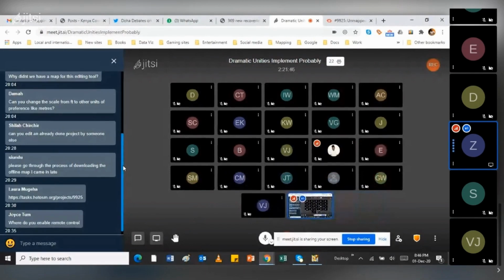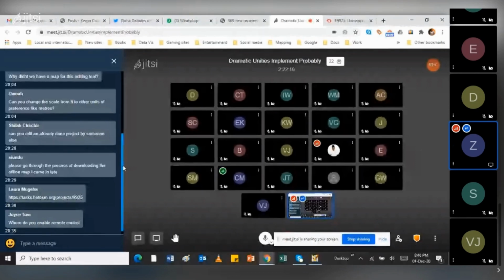For the tasking manager, I think it has to be open. You realize whenever you select a task, it's locked. That's basically to avoid two people working on the same task at the same time. But once that person has finished working on that task and maybe they didn't complete it, someone else will be able to pick up again and continue with whatever someone was working on.